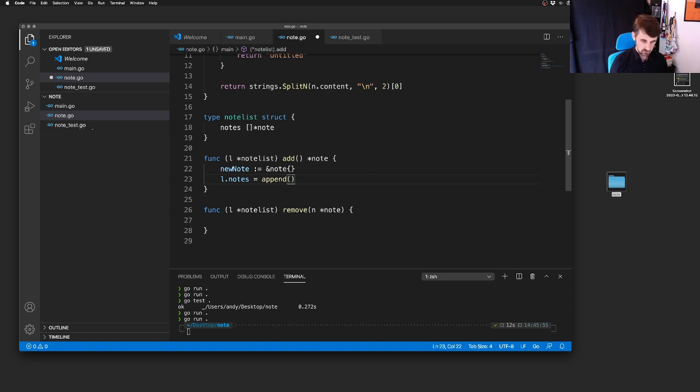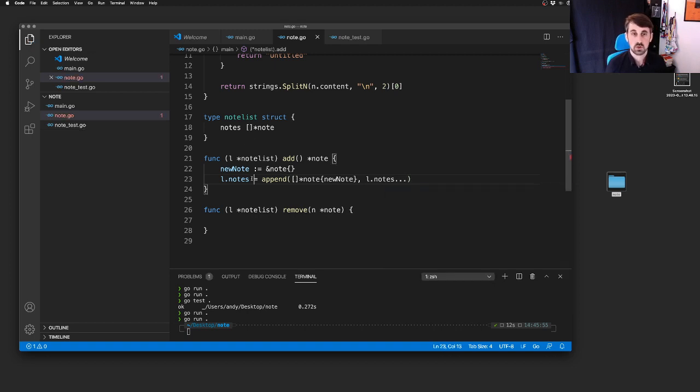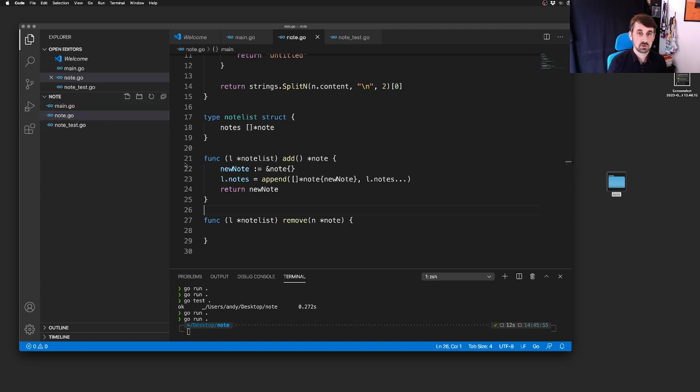So we make a new list of notes comprising the top note, and we add it to the remaining list, which is notes, but we need to convert it to the var.args version. And then the new note is returned. A little unit test around that would verify that it's working all right, but I'm going to